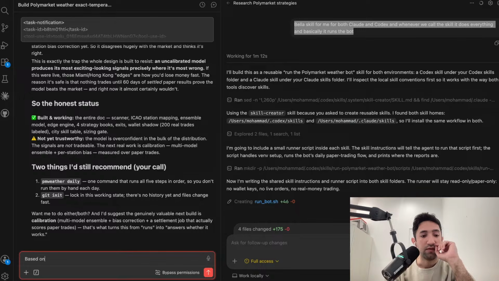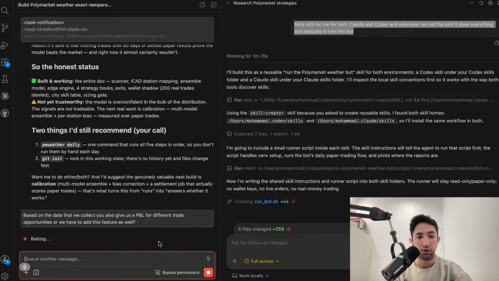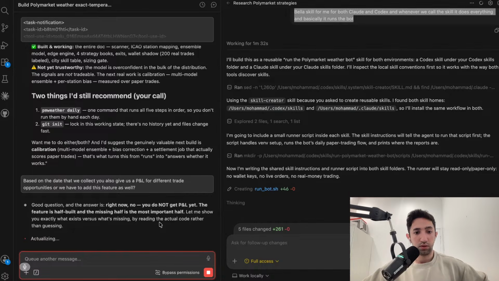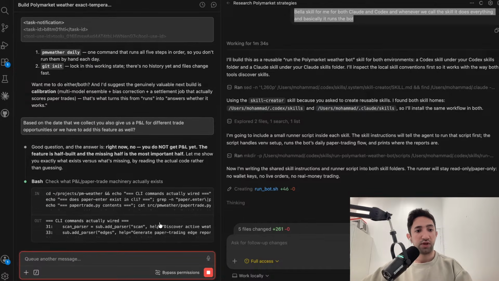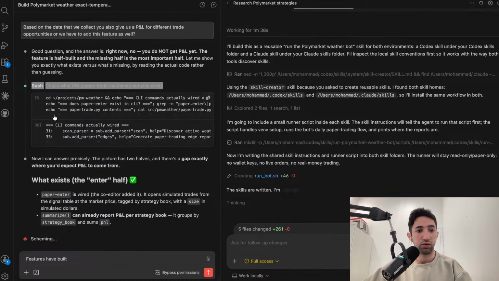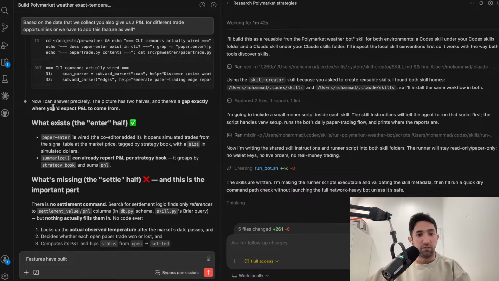Based on the data that we collect, can you also give us PNL for different trade opportunities, or do we have to add this feature as well? Features half built, and the missing half is the most important half. Let me show you exactly. If I have paper printer,